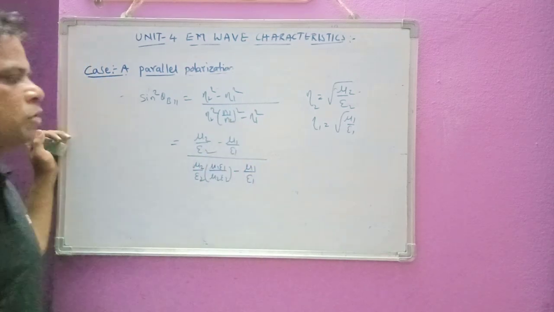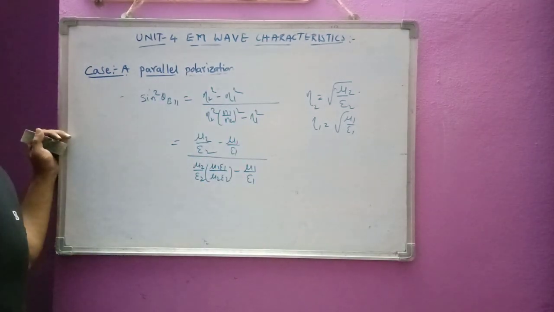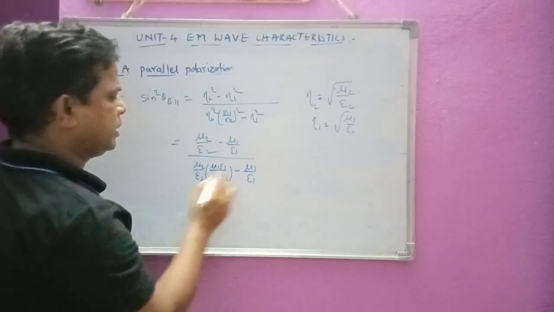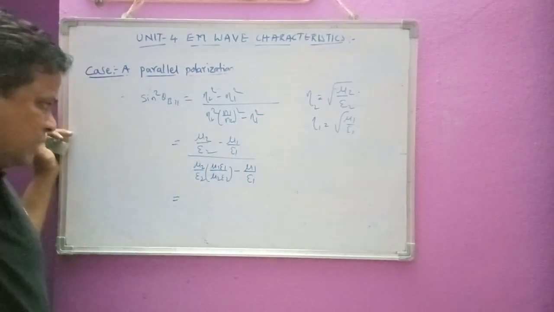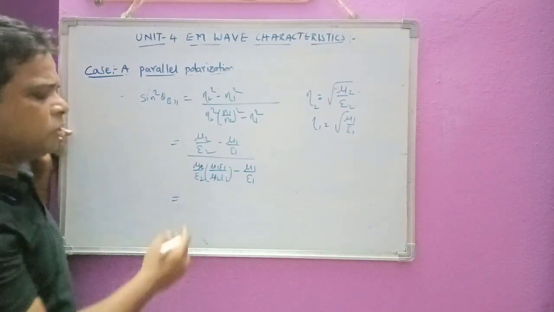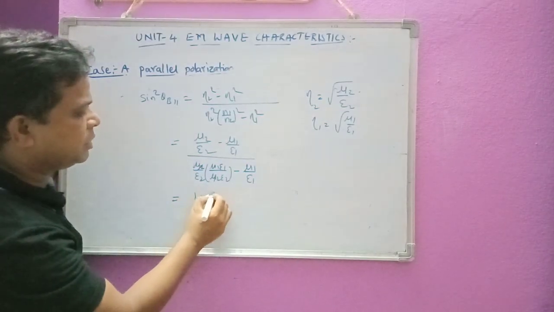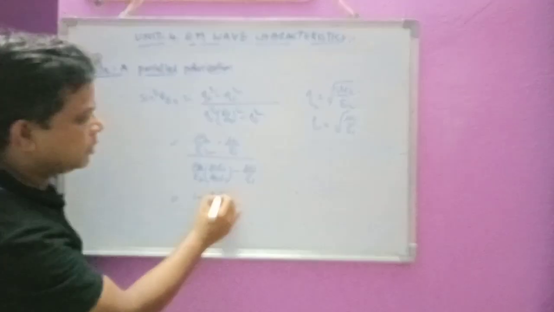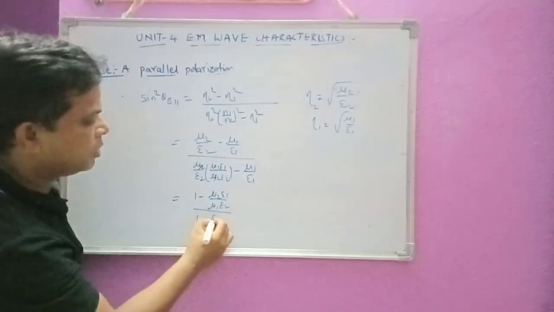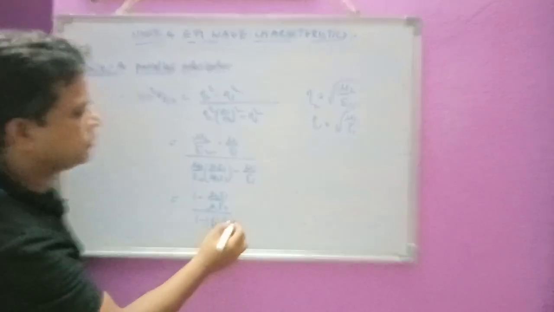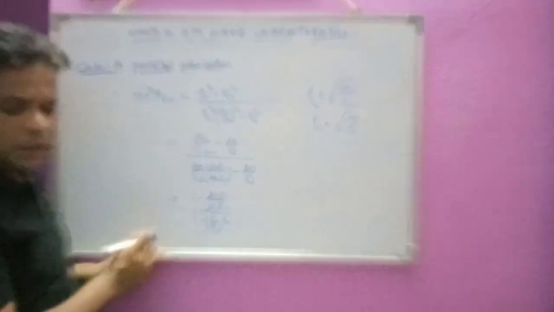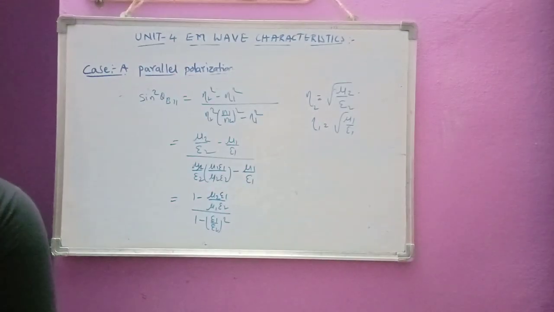So by taking the LCMs, all those things, we can get this equation in terms of 1 minus... I can write here, I will directly write here. So you can do the modifications, that is cancelling this mu 2 and all this by taking the ratio, by taking common terms here. For this I can write here as mu 2 by epsilon 1 by mu 1 into epsilon 2 by, I can write here 1 minus epsilon 1 by epsilon 2 whole square. Okay, you just have to do small calculations here, we are going to get this in this form, that is 1 minus sin square theta, this one.